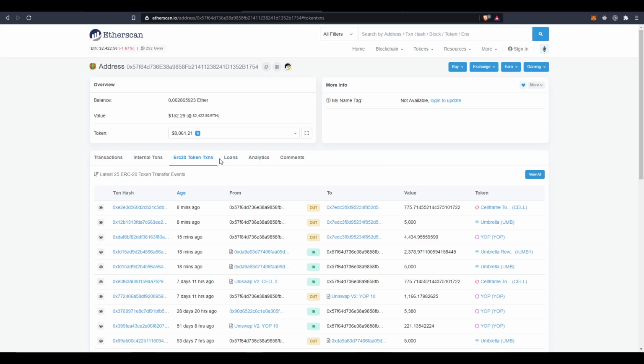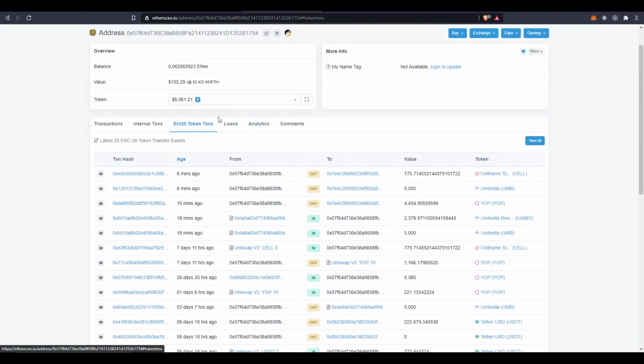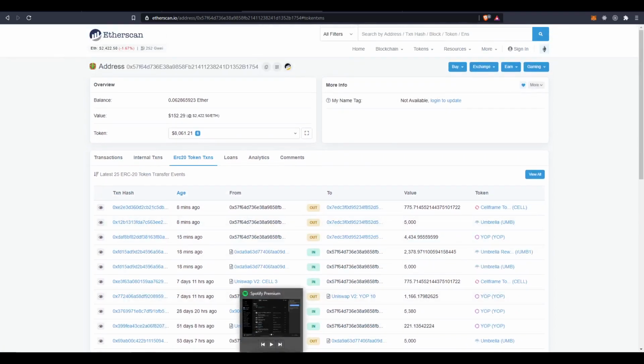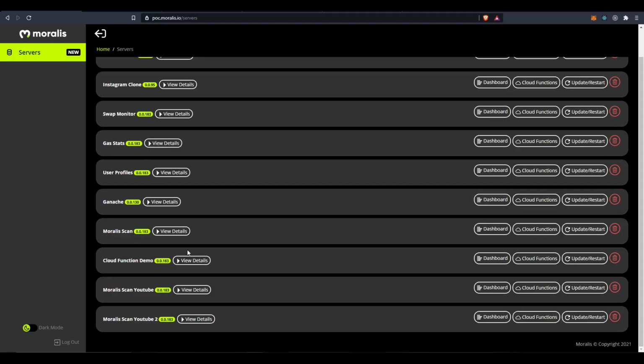You can try that out on your own. I'm sure you can do that now. The only thing is most addresses don't have those ERC721 transactions, but